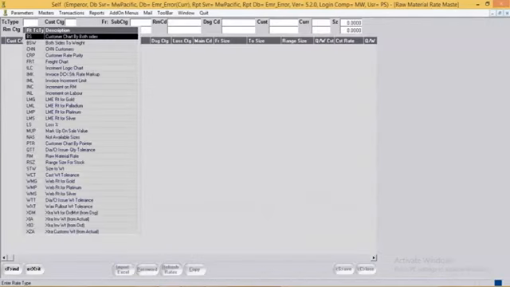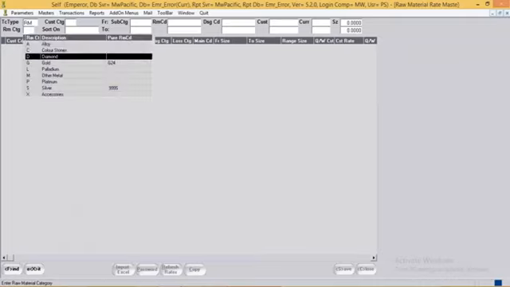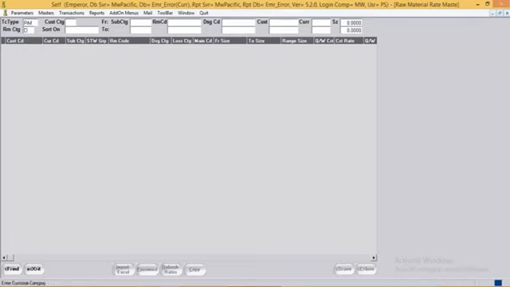These are the different types of rate which can be defined in the system. The first very important rate chart is raw material rate chart, that is RM. Then the category for which rates need to be defined. We'll take the example of diamonds first. Then the customer category. All the customers for whom we receive the orders belong to customer category C. So we'll select the C over here.